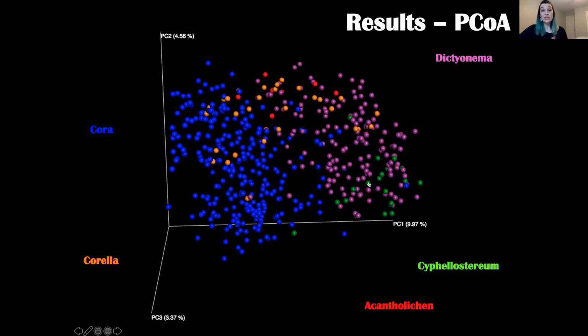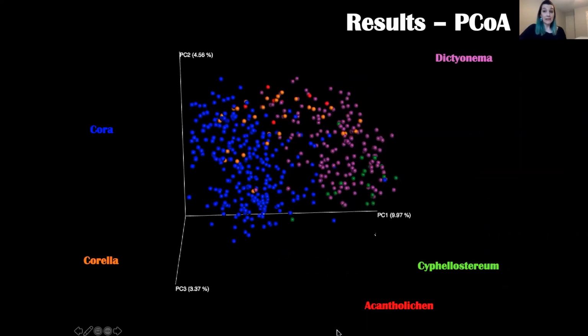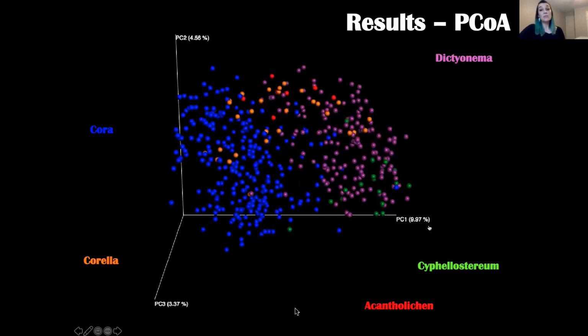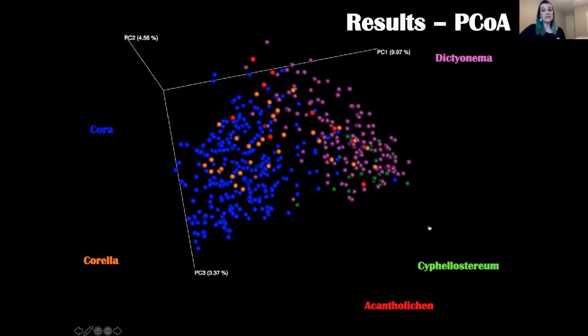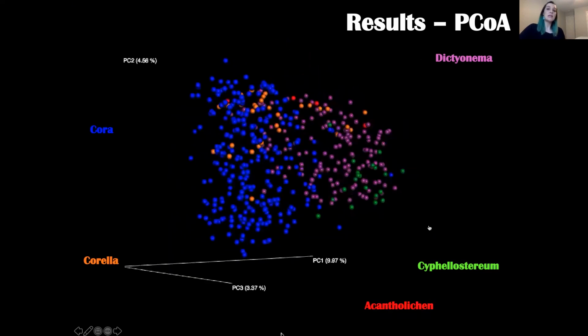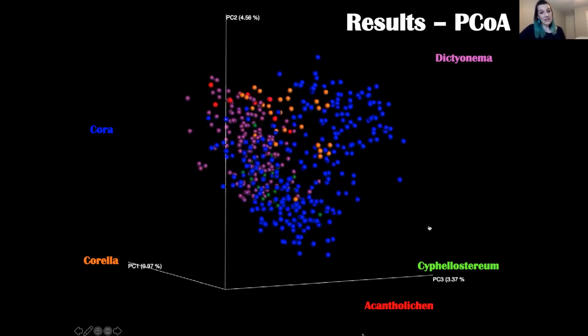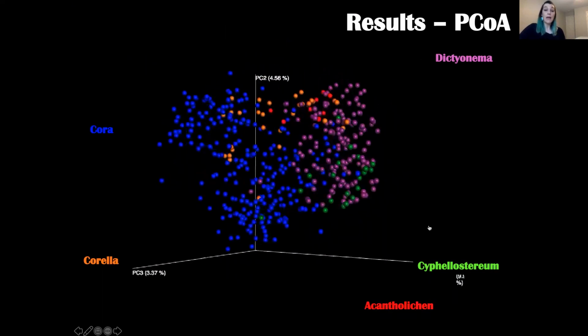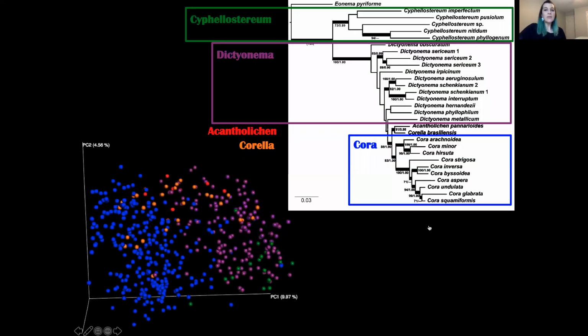And finally, switching to bacterial communities of these same lichens, I wanted to show you this principal coordinate analysis result, which is a method to explore and visualize similarities and dissimilarities of data based on a distance matrix. Each sample is assigned a location in a 3D space. Each one of these samples is a circle, and they've been color-coded according to the genus they belong to.